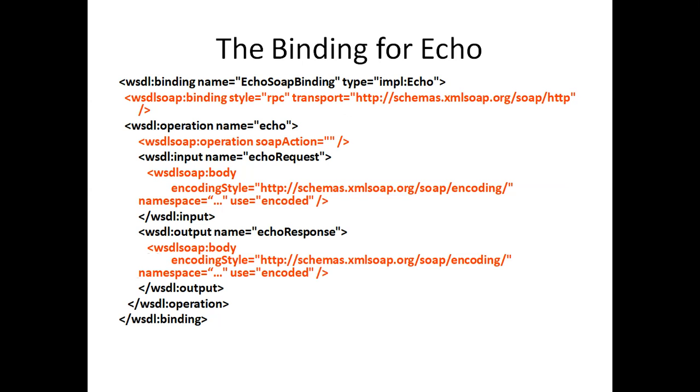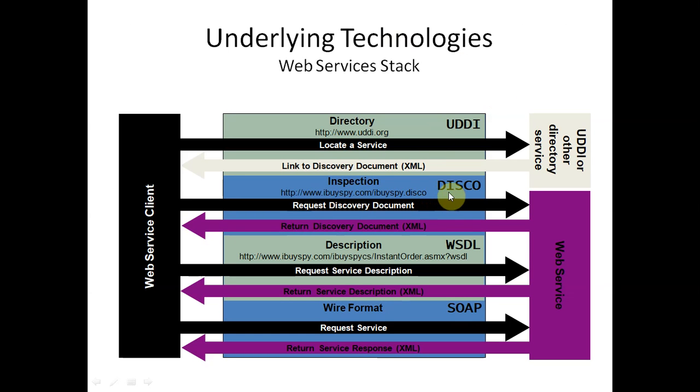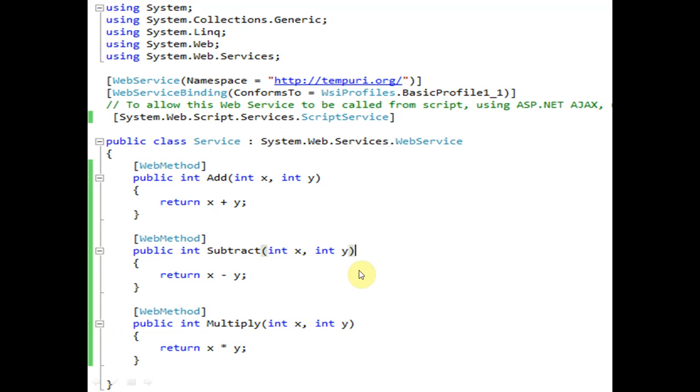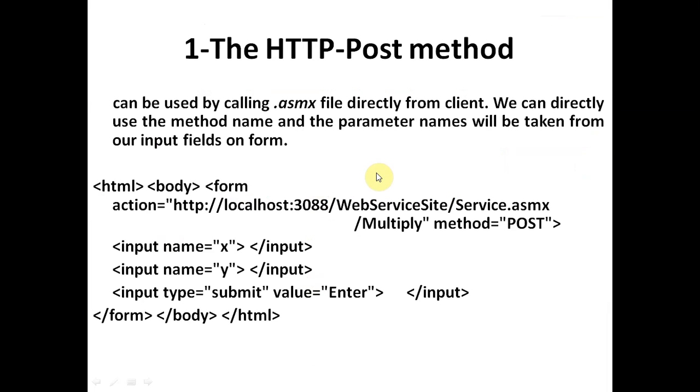But as an engineering student, as an engineer or professional, we have to understand the internal mechanism of WSDL, all the protocols of this web service: UDDI protocol, DISCO protocol, WSDL protocol, SOAP protocol. You have to understand the actual work of all these protocols. But we have to understand this program. This is sufficient to understand, this program as well as its output program. So we have to understand these two programs.